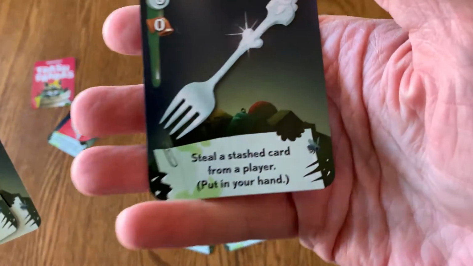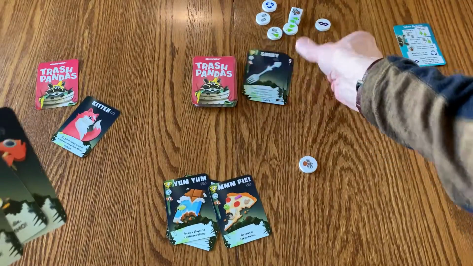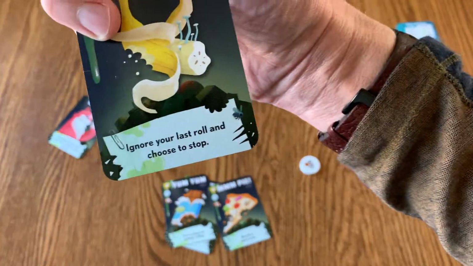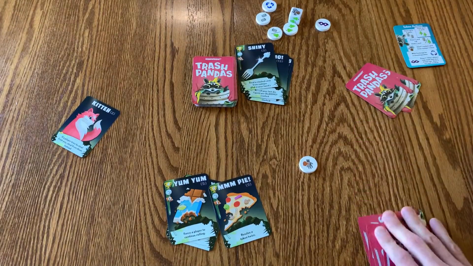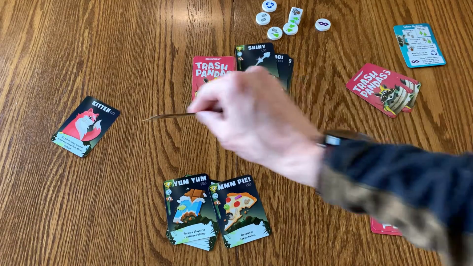Oh, look at that. Steal a stashed card from a player. So they'll play that and steal a stashed card into their hand, and it's a nanner. Here's some other thing though. While they were trying to steal that card,